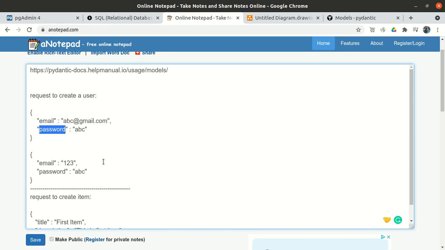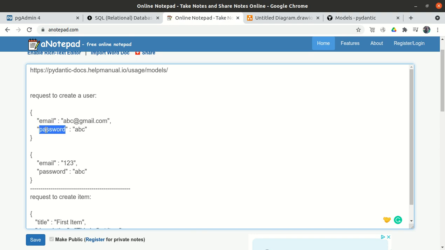So there are two ways. Either we can implement our own logic. We will read all the user data which the user sends, and then read each and every field. Okay, apply some regex, using the regex module, parse the particular email and check whether it is a proper email address or not.